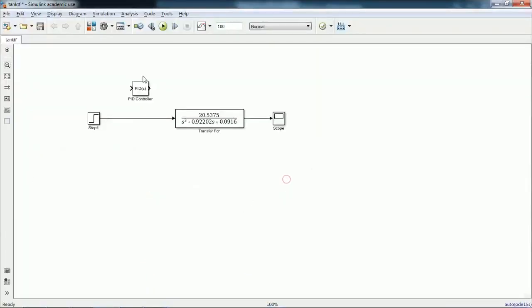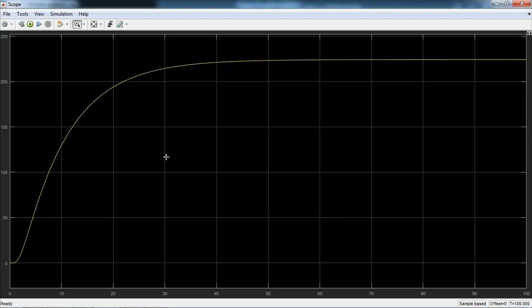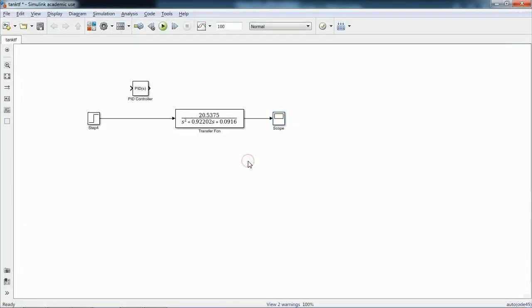And now getting into Simulink. As you can see here, this is the open loop system. First we will check the response for the open loop system, and after that the closed loop system, and after that we will introduce a controller. Now if you run this, as you can see, the open loop system is stable and it settles somewhere around 40 seconds.